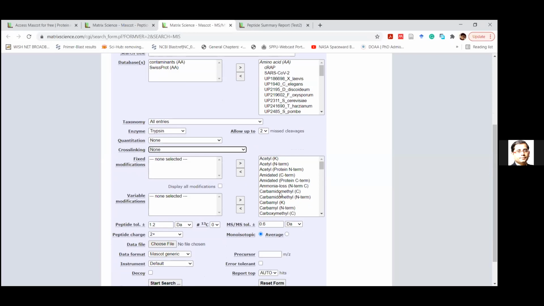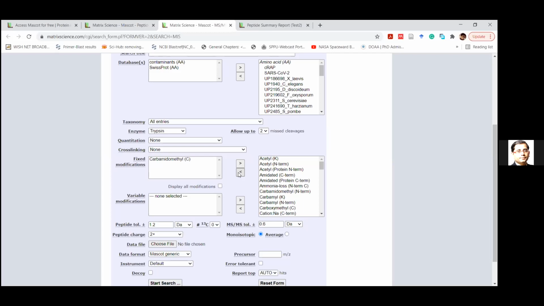Fixed modifications are those that definitely come from your experimental procedure. In our procedure, carbamidomethylation on C happens because of the reduction and alkylation procedure that we do while preparing the protein sample. So that's why it enters into the fixed modification.